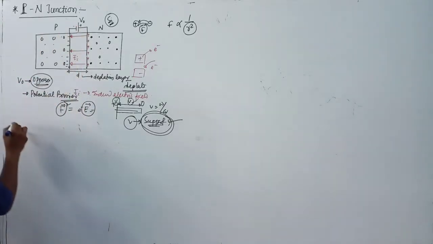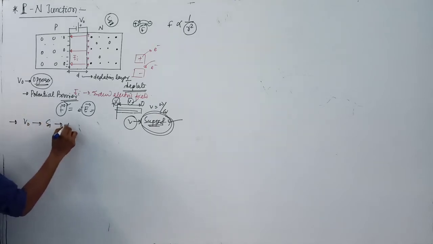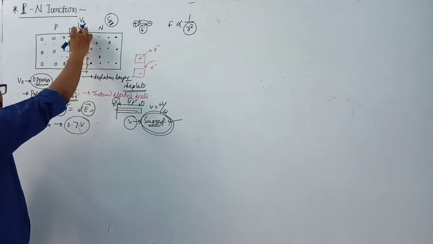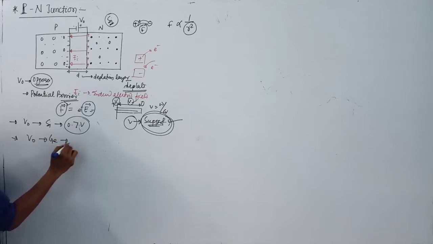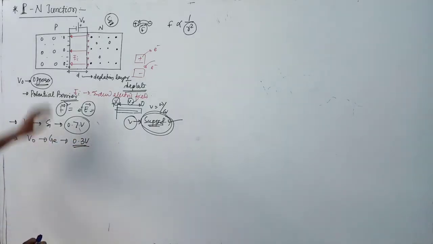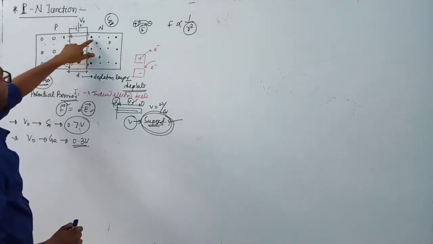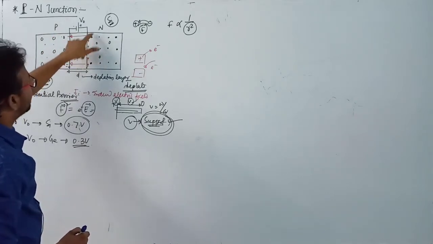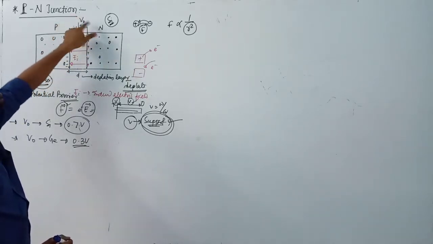And this potential barrier for silicon crystal is 0.7 volt. This potential barrier for germanium crystal, you can say, is 0.3 volt. Clear? Now this electron cannot move from the N region, meaning the N-type semiconductor, to the P-type semiconductor due to this potential